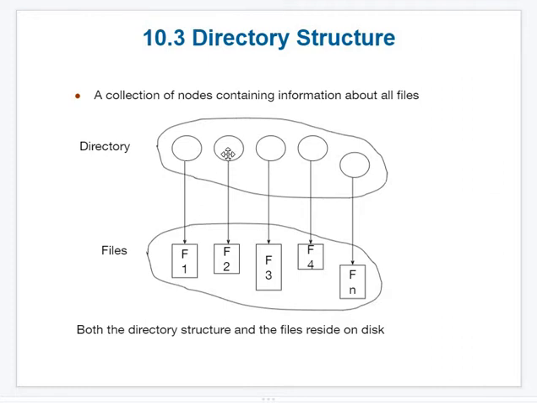Here, in the same way, the total disk is divided into multiple directories. Each directory will have its own file. Here we are showing only one file for diagram purposes. There is no rule that one directory should have only one file. A directory can have n number of files, depending on the space reserved for it.